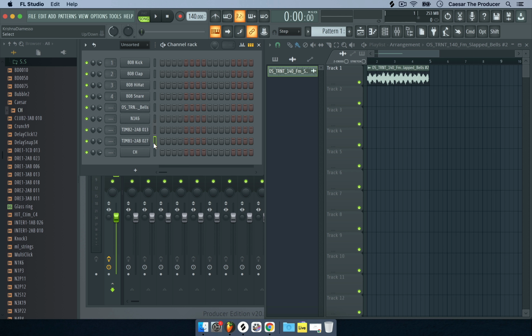Now it depends on how you're making the song. I just want to make something quick here. It might take a little bit of time to find the right samples that you want to use on a song, right? So if I come up here now, I'm gonna listen to the song,